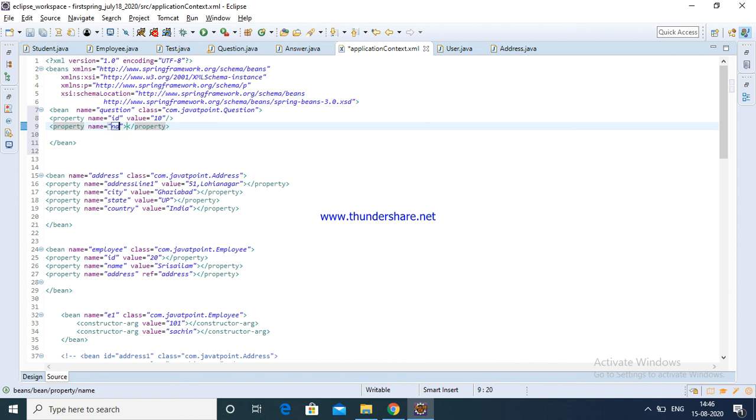Property name, value Srisailam, close property.